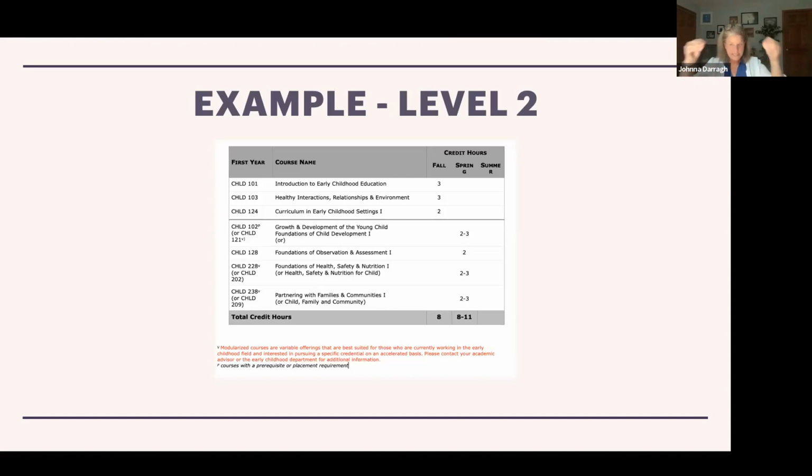It made sense in this case to keep that parent course as well as modularize it. The other thing that I'll just say briefly, if you look here, you can see Child 124, which is curriculum in early childhood settings. The foundational curriculum competencies are at level 3, but because we have that requirement for so many credit hours to meet financial aid requirements, as opposed to putting in an elective that may or may not contribute to their pathway in terms of competencies needed, we borrowed